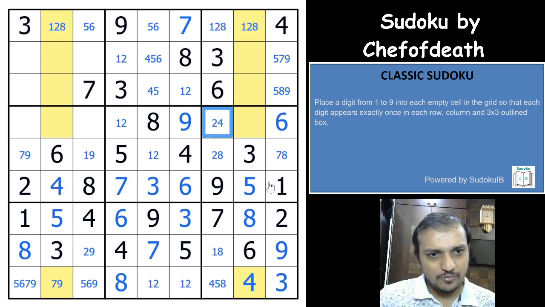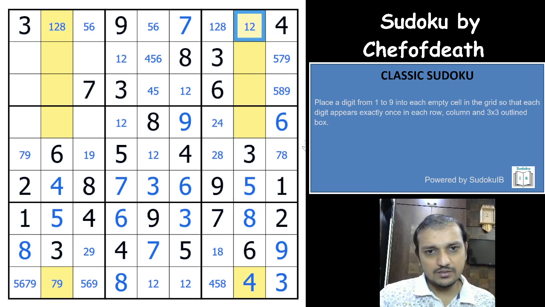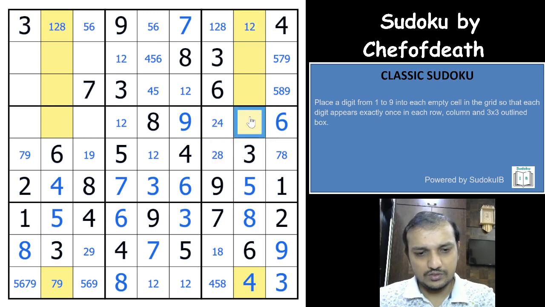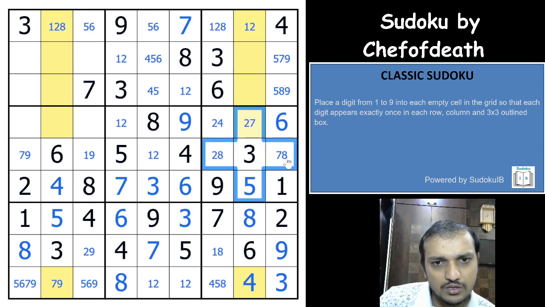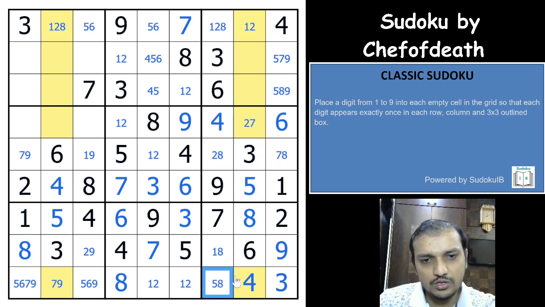This cell cannot be a 4. I mean to say a 5. This cell is not an 8. 8, 4, 2 and 7. Okay, so 4 cannot be here, 4 cannot be here. This cell is a 4 here. This is not a 4 here, so